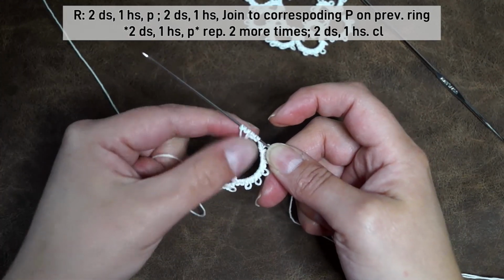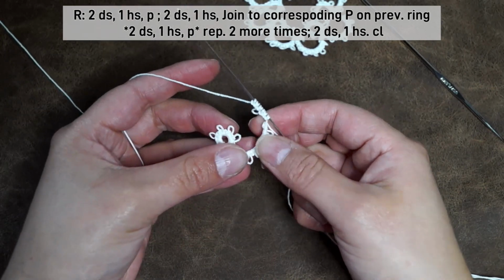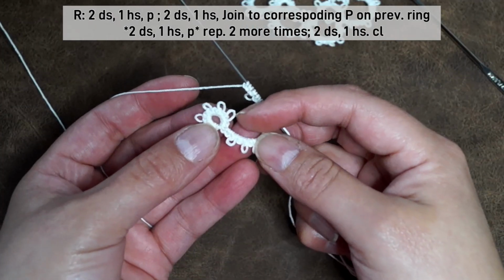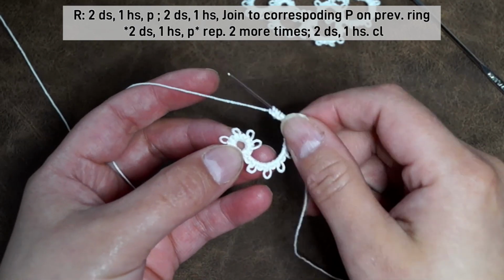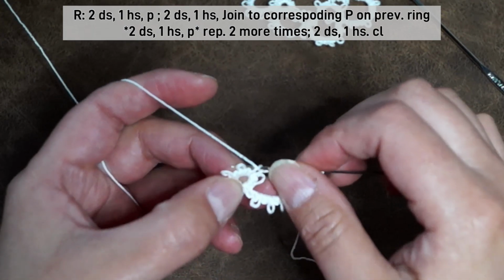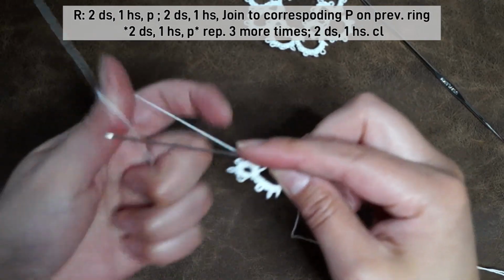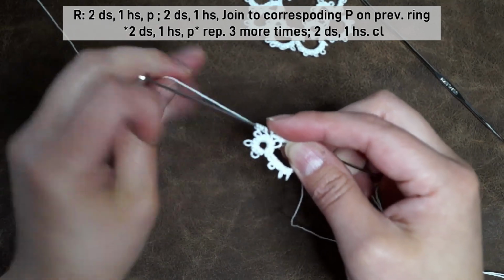Okay, and on our second picot, we are going to attach or join our ring to our first ring through the second picot. So this is your first and your second. So let's go ahead and join. And we're going to go ahead and repeat our sequence of 2 double stitches, half stitch,